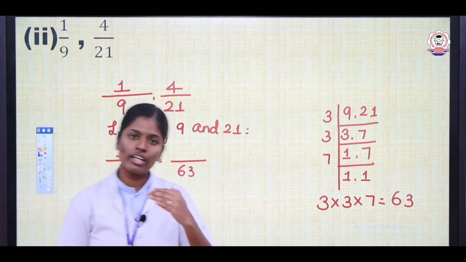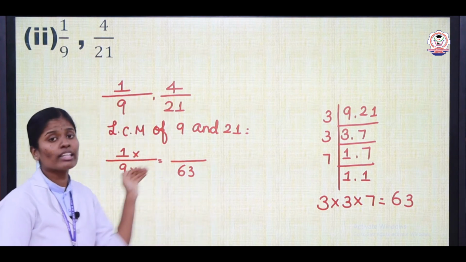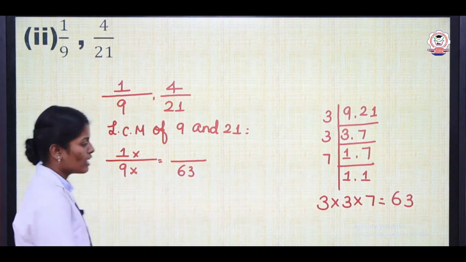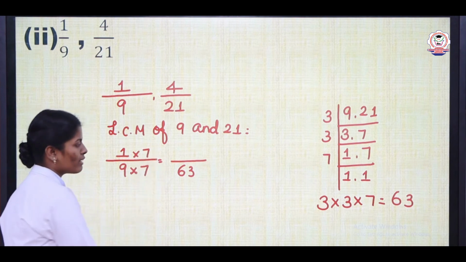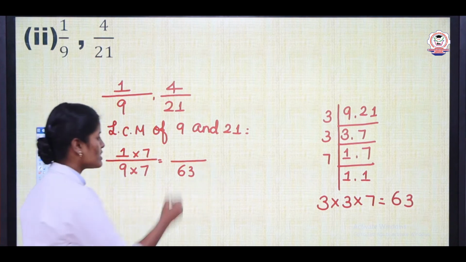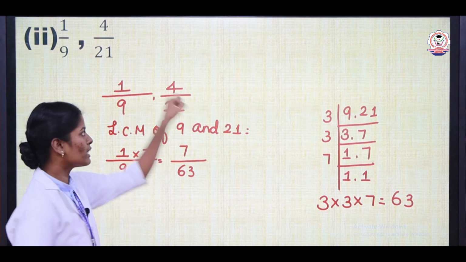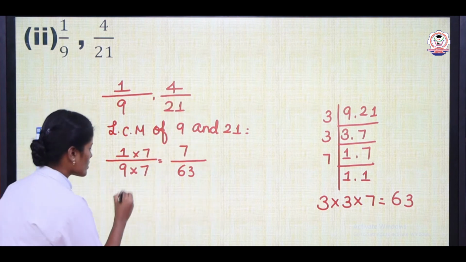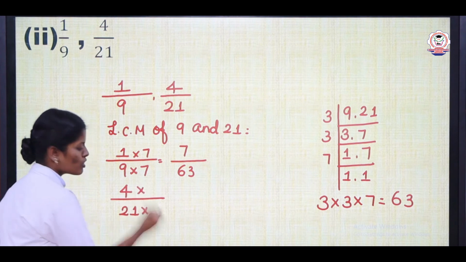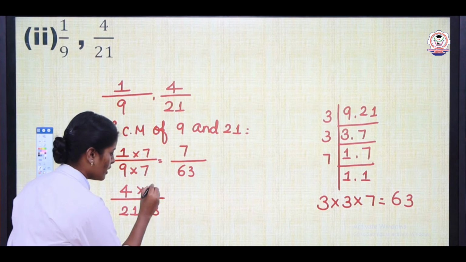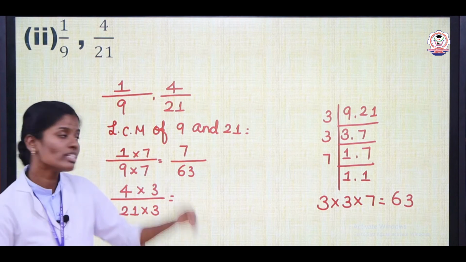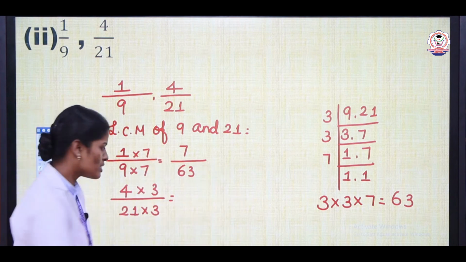You are going to check. So, what number should we multiply by 9 to get the product as 63? Yes, that is 9 7s are 63. So, both numerator and denominator value multiply by the same number. 9 7s are 63 and then 1 7s are 7. Next, you will take the second fraction. We have the second fraction is 4 by 21. So, multiply by 3 and 3. Both numerator and denominator multiply by 3 and 3. Why? Because here the denominator value is 63.